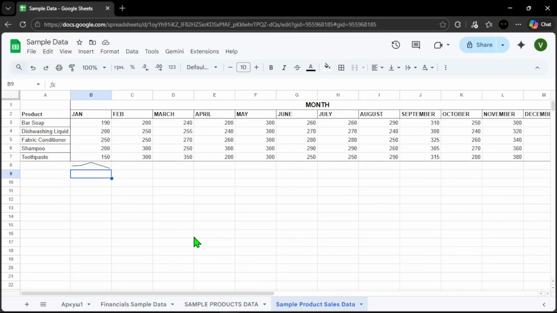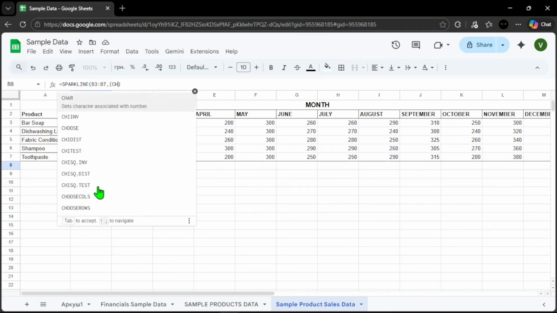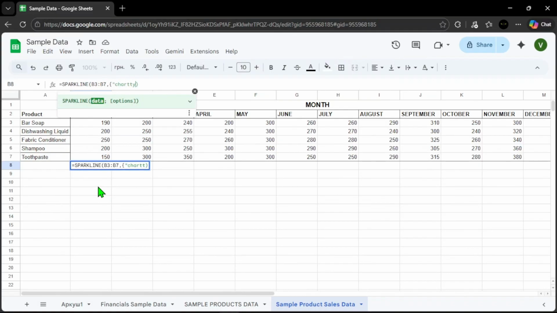Press Enter. You'll now see a small chart appear inside the cell. By default, this is a line chart, which shows the trend of sales across your products. However, since we are comparing product performance, a column chart works better. To change that, click the cell again and edit the formula. After the range, add a comma, then open curly brackets and type chart type set to column. This will convert your Sparkline into a mini bar chart, making it easier to compare which product has the highest